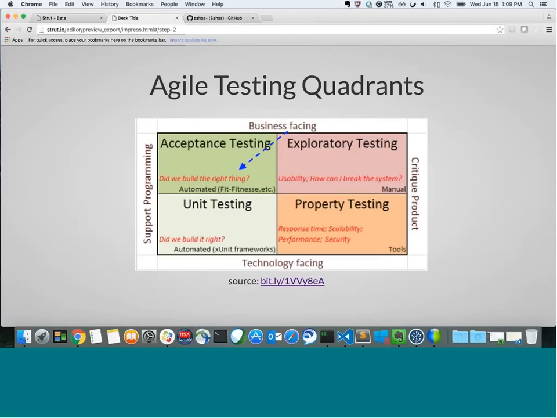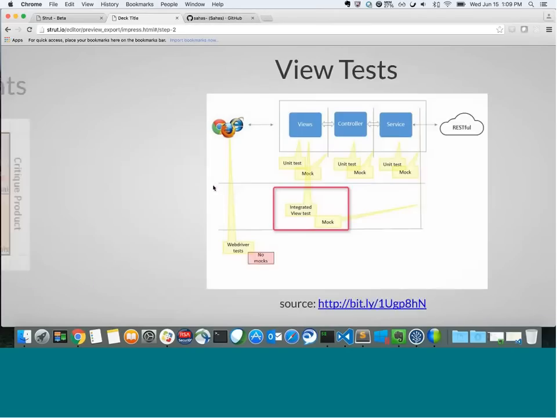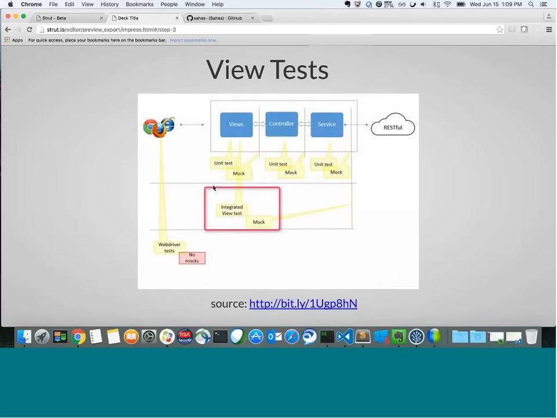On the other hand, is it working the way we built it? Did we build the right thing? Is where WebDriver comes into the picture. So to answer that question, we would start thinking like the end user, like the customer. So the reason I'm bringing in this whole new term, view test, is